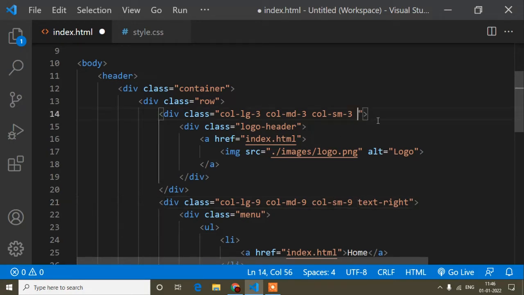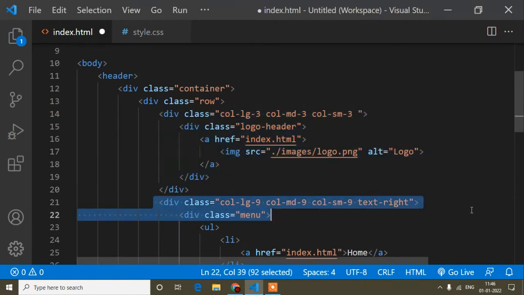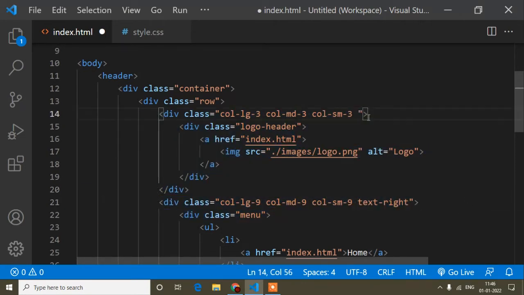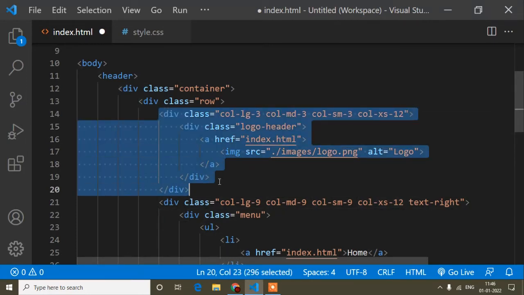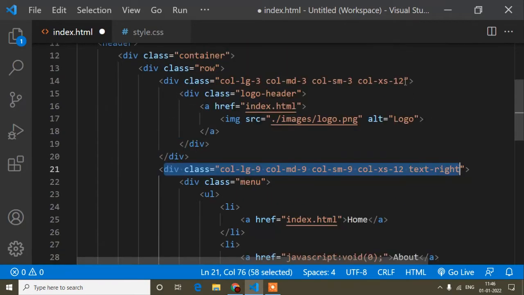And suppose guys, if you want this one to be in one line and this one in another line, you can write col-xs-12, extra small 12, and here you can write col-xs-12 also, this way. That means when the extra small screen comes, at that time this logo will be in a separate line and this menu will be in a separate line, but I don't need that.